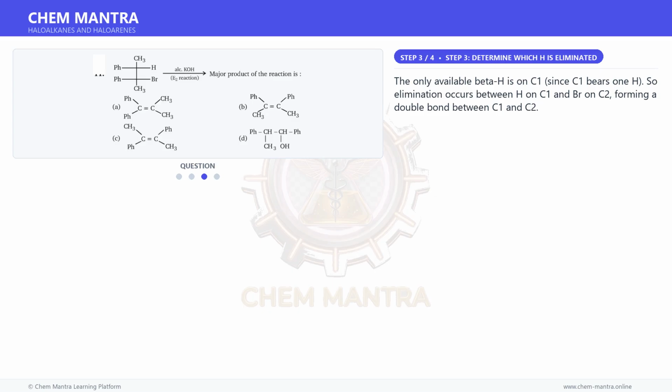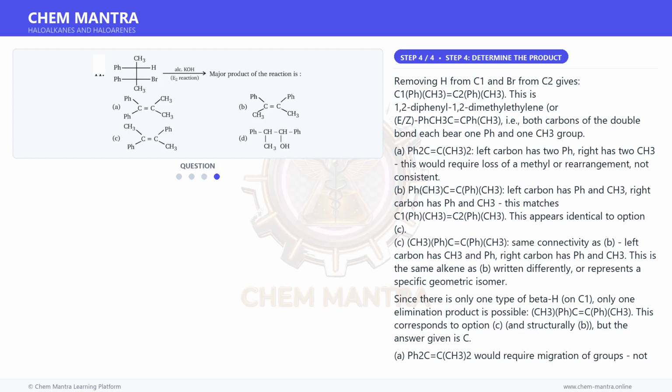Moving on to the next step. The only available beta H is on C1, since C1 bears one H. So elimination occurs between H on C1 and Br on C2, forming a double bond between C1 and C2. And for the final step, removing H from C1 and Br from C2 gives C1(Ph)(CH3)